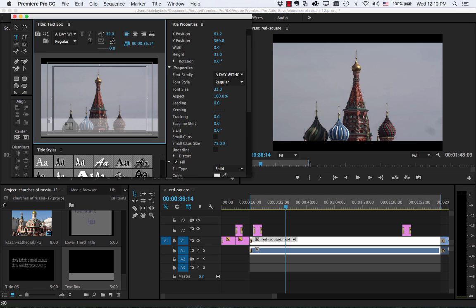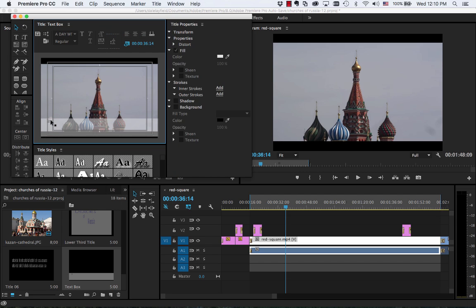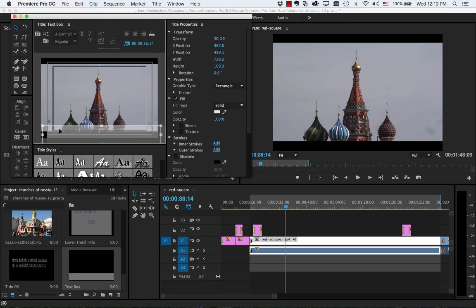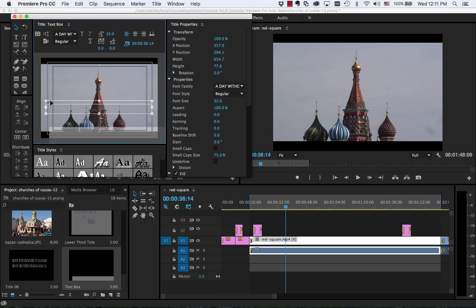So you have to be careful. If you do use the text tool and you click, you're going to end up with another text box there. So you have to be careful with that, and that's what I did there. So I can go back in there and be sure to select and get rid of the one text box. I'm going to move my little white layer there first,